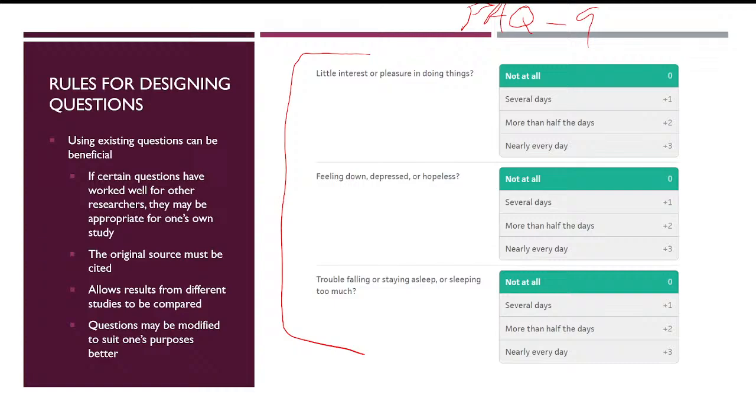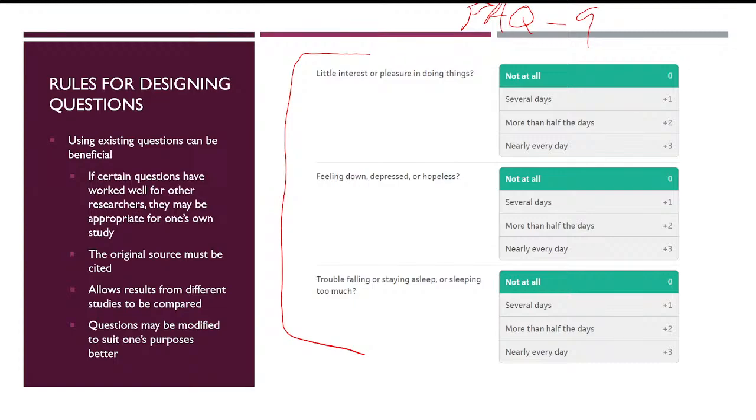So to ask something like, on a scale of 1 to 5, how depressed are you right now? I've seen that kind of articulation, and it's not necessarily bad. It makes sense to ask people to self-rate on a scale of 1 to 5, but there are better, more objective ways of measuring things like depression, right?